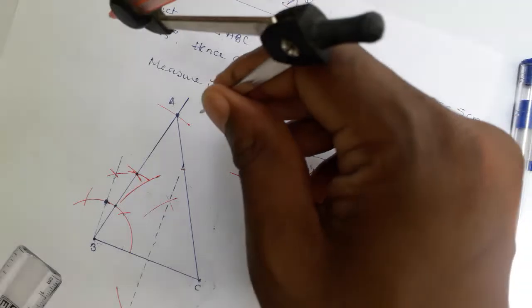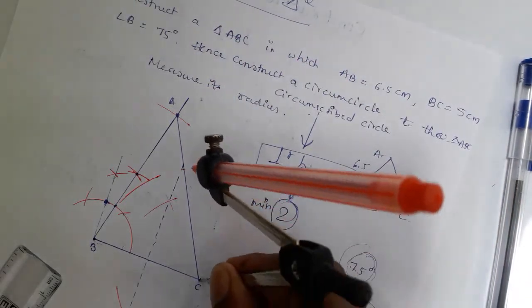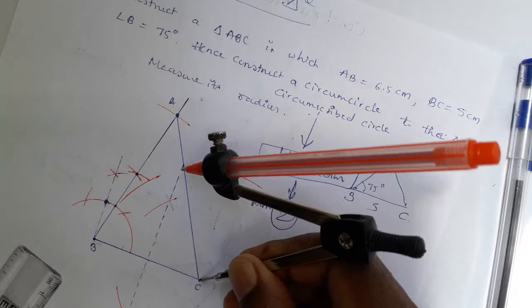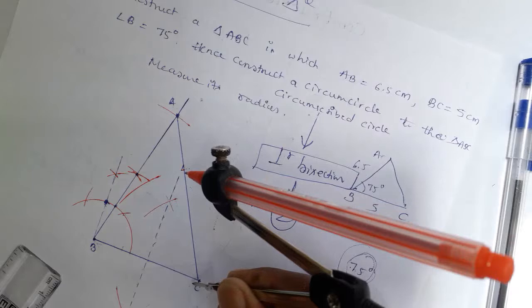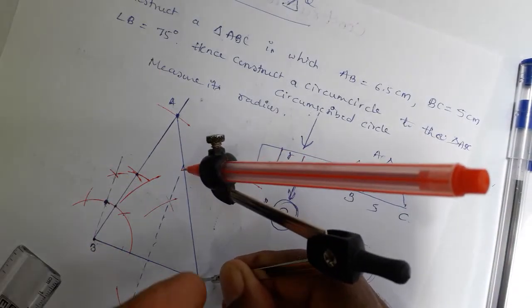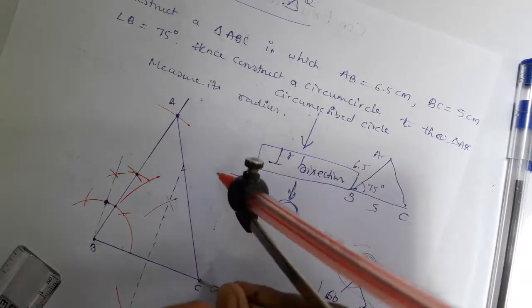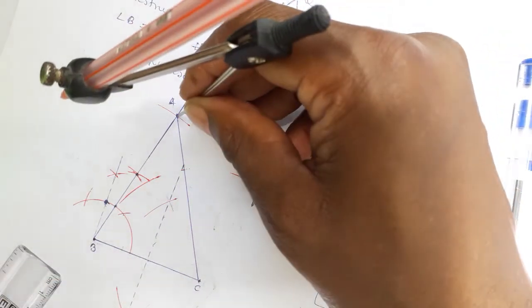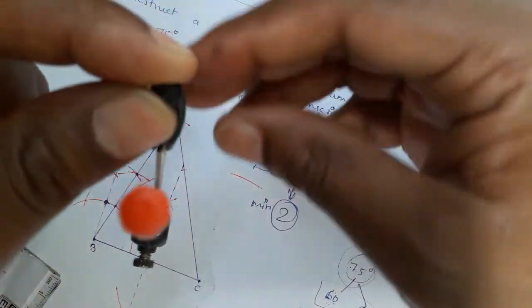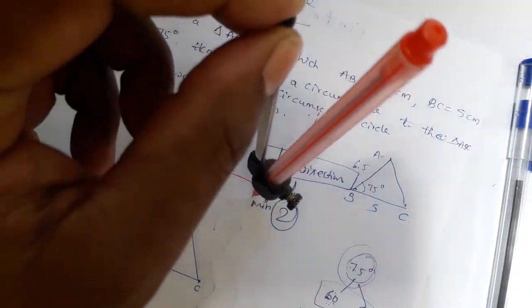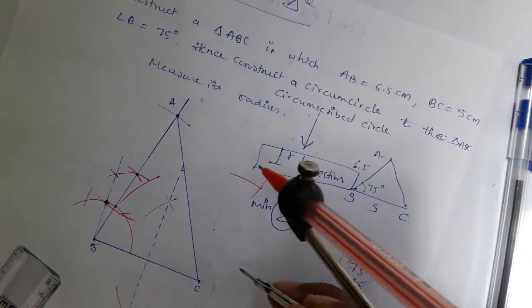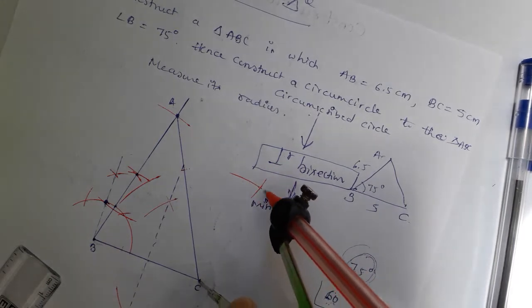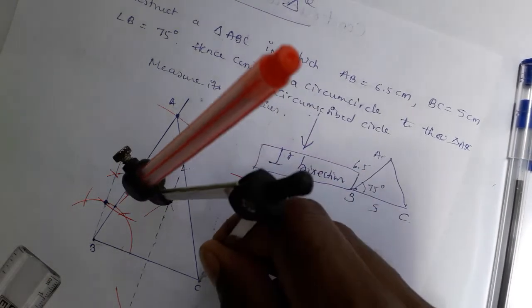Then I have to keep the compass at A because I took more than half of AC, right? If you take more than half of the AC line, after marking 2 arcs from C, you have to go to A, not B, because you have taken more than half of AC. The AC line ends are A and C. From C the 2 arcs are finished. Now you have to go to A. So from A, try to cut those 2 arcs. Look, from A, try to cut. If you don't cut, come back to C once again. Try to cut properly. Look here.